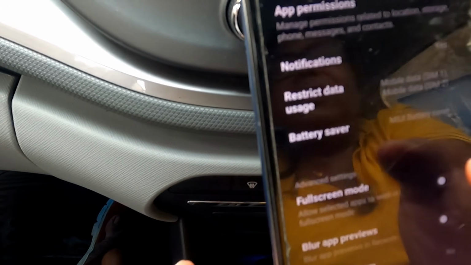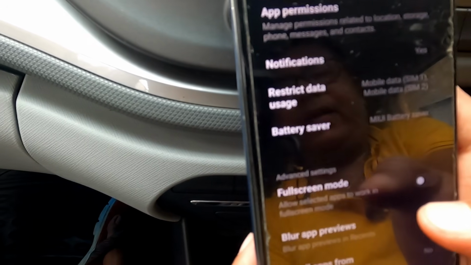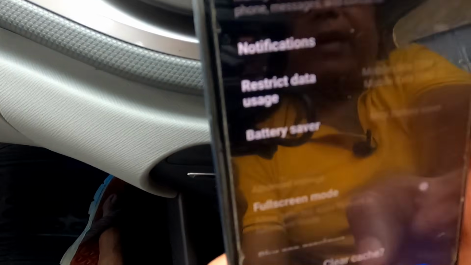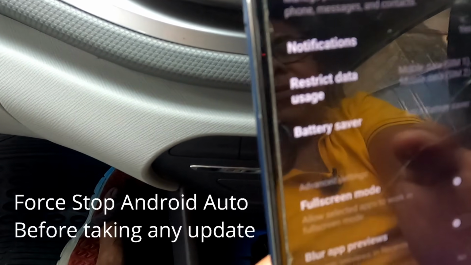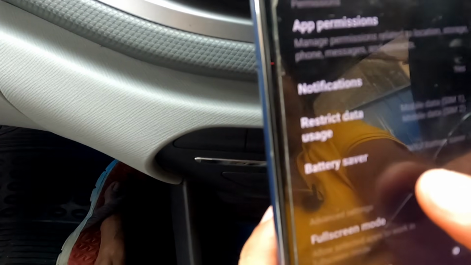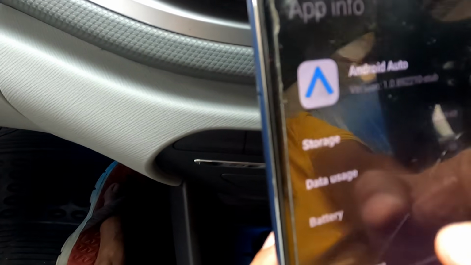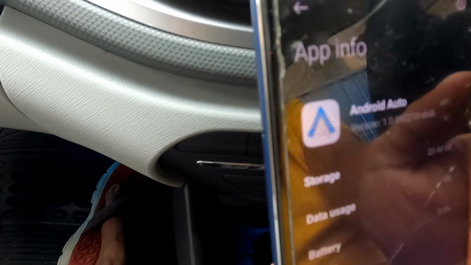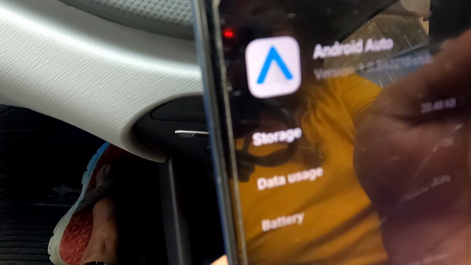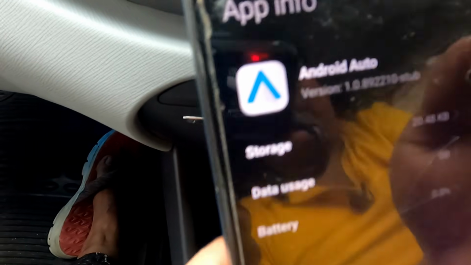because until and unless you take an update you won't be able to connect. So I am again clearing the cache. Now I am force stopped, okay. Now I will update Android Auto. You see the version is now back to 1.0. Now let me update it.